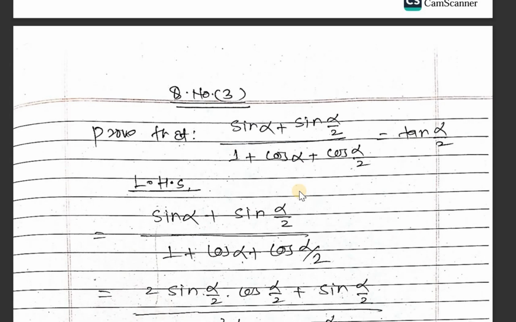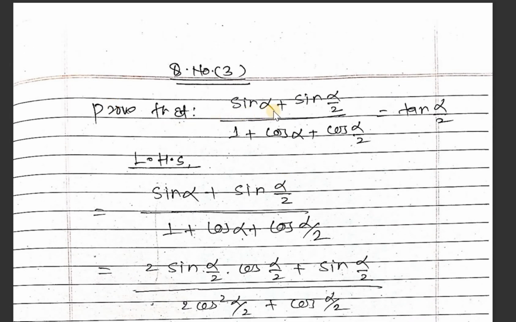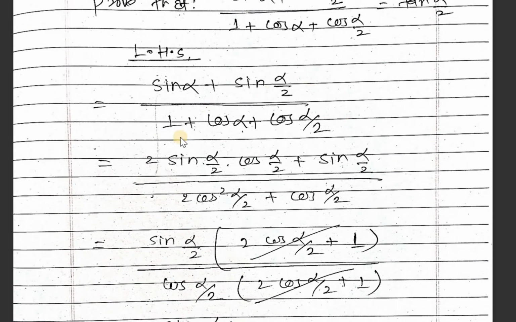And the next problem is, prove that (sin α + sin α/2) upon (1 + cos α/2) equals tan α/2. Then the LHS is (sin α + sin α/2) upon (1 + cos α/2). In place of sin α we can write 2 sin α/2 cos α/2, this is the formula for sin α. So (2 sin α/2 cos α/2 + sin α/2) upon